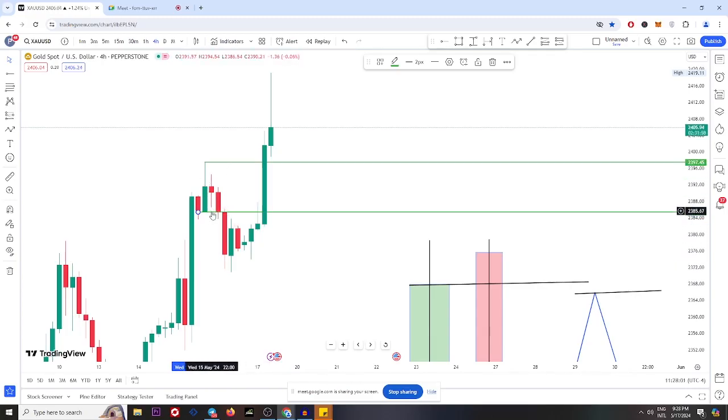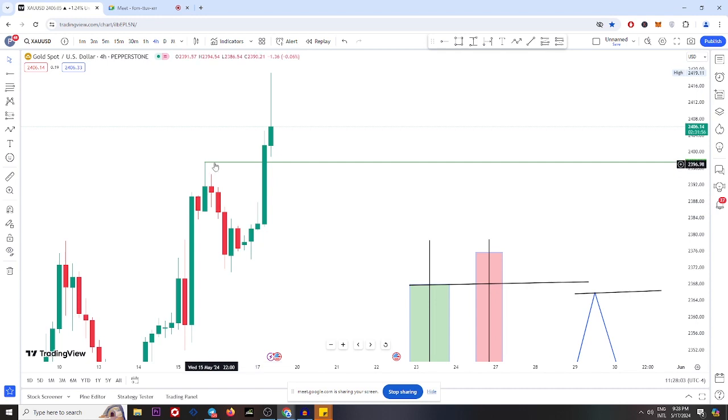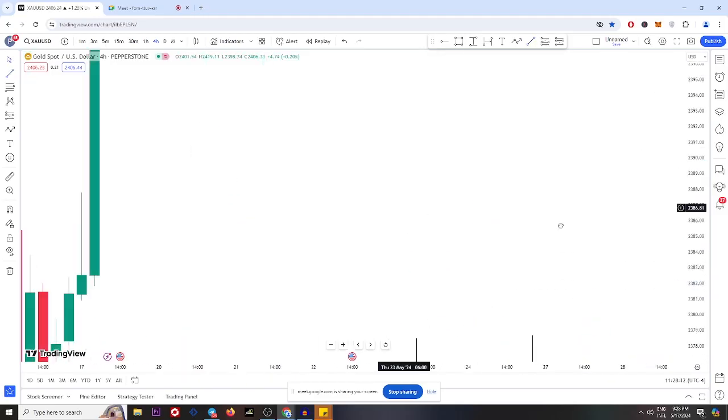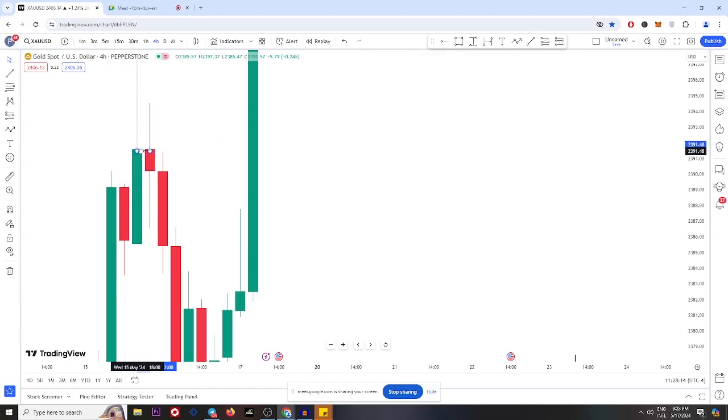Now as I said, in the line chart we are going to have an A shape. So it is an A shape. Again, it is the resistance we are having here. Now